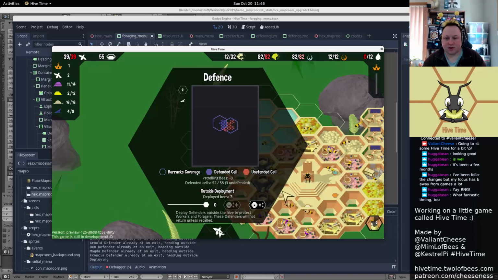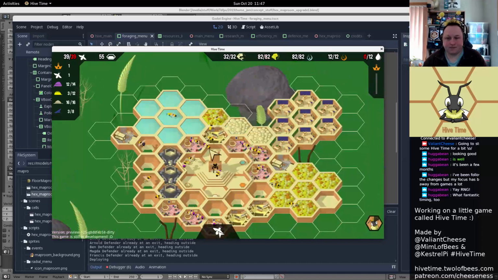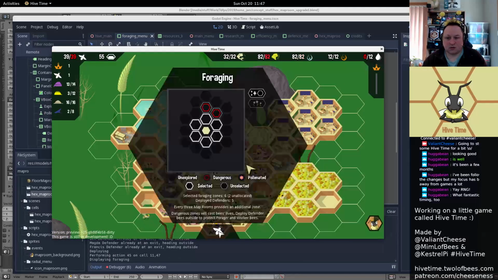So they're all outside. We have no patrolling bees. Yeah, all those numbers are wrong. The patrolling bees label can be negative, and the deploy outside button doesn't get disabled when all bees are outside. That's kinda...